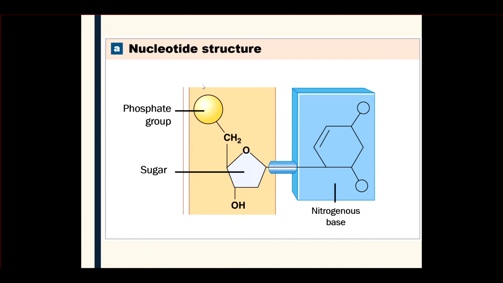So here's a picture showing us one full nucleotide. Let's start with the 5-carbon sugar. How do I know this is a 5-carbon sugar? It's a ring. At each corner, if you remember this when we did carbohydrates, at each corner is a carbon. So here would be a carbon, so that would be carbon number 1, carbon number 2, carbon number 3, number